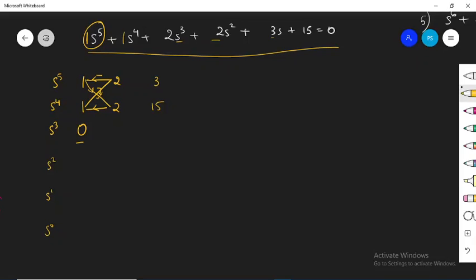Next, for this column and this row, what is going to be the value over here? It will be 1 into 3 minus 1 into 15 divided by 1. So 1 into 3 minus 1 into 15, that's going to be minus 12 divided by 1. So the value that we will get over here is going to be minus 12. And as we are not having any terms after this, the term that you will get over here will be 0 only.